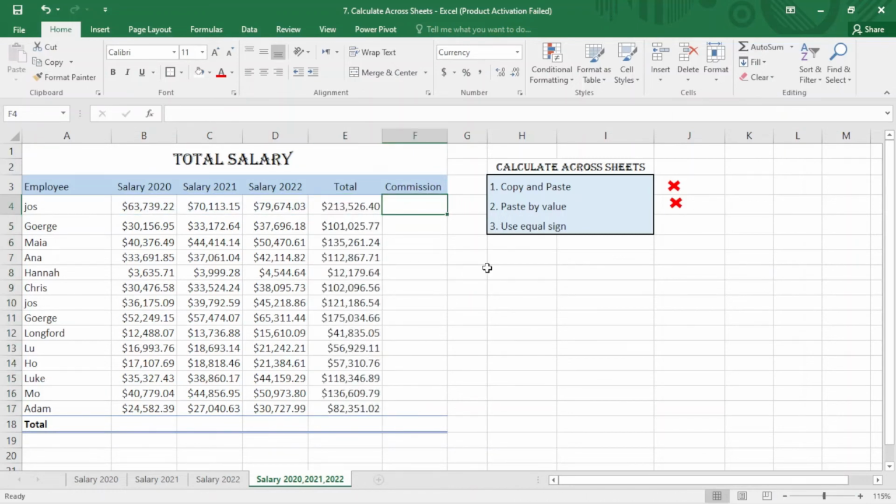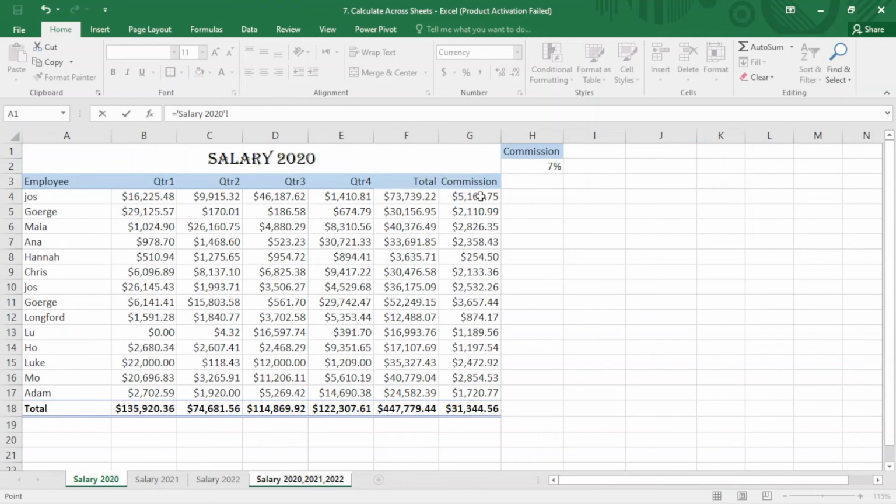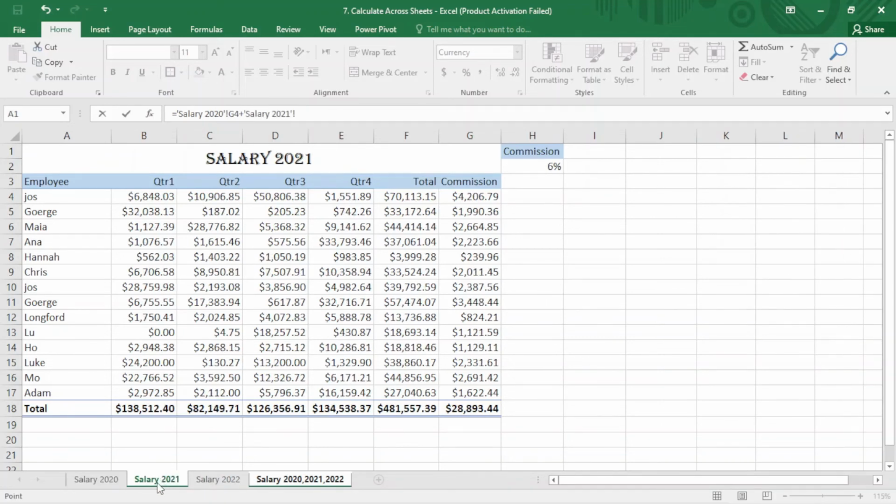Now for the commission, I have to calculate the entire commission for these 3 years. I just put my equal. I just come to salary 2020 to the commission. I just here, I don't go anywhere, I just add plus. You can see here plus. After that I go to here salary 2021, select the cell